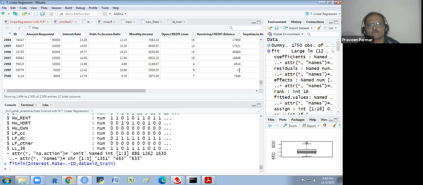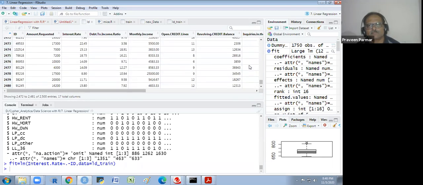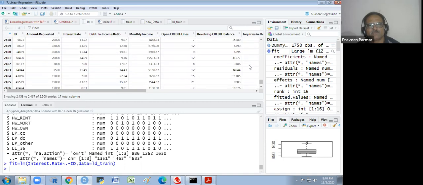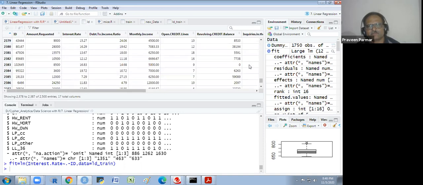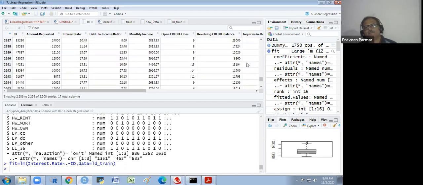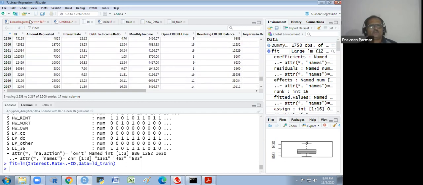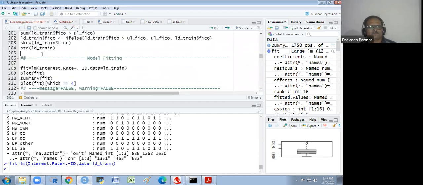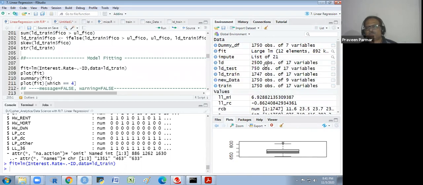We have some NAs. We have to omit all these NAs. There are somewhere we have NAs, so it is showing me. So what I do, I omit the NA values. Whatever the NA values are there, here I omit them, but you could give some imputation over there. But there are very few values.